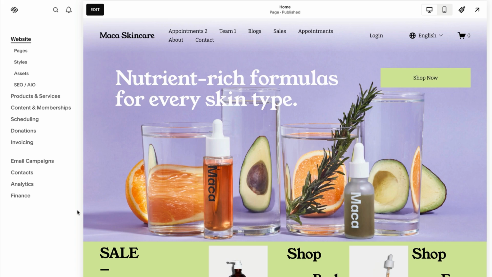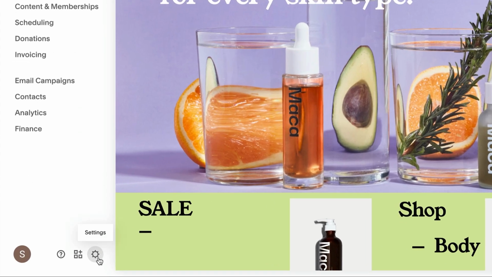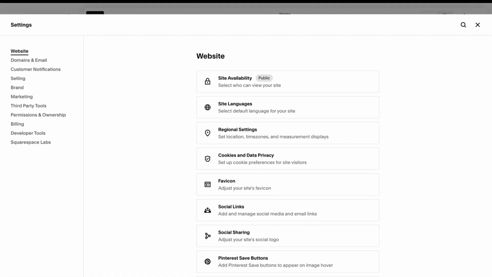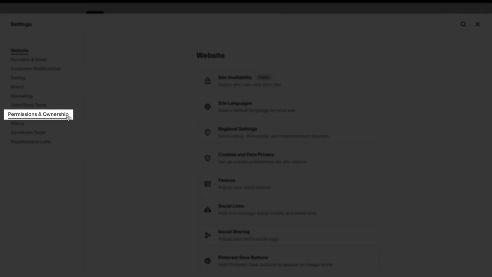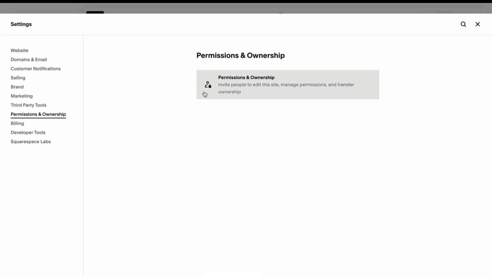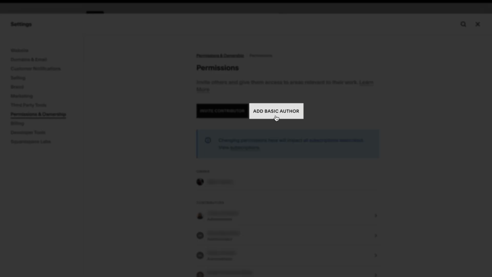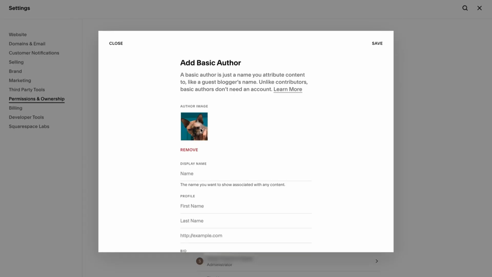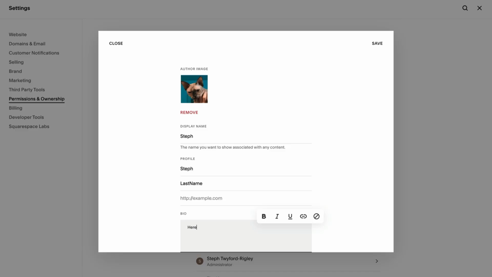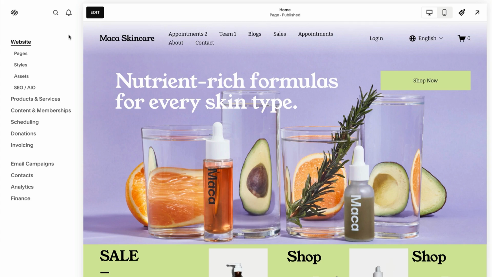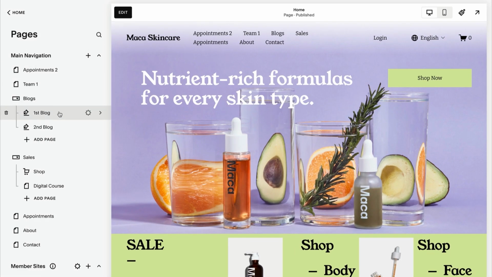To add a basic author, first open the Permissions and Ownership panel. Click Add Basic Author. Add details such as an author profile picture, display name, website address, and a bio. Remember to click Save. To add an author profile to a blog post, go to any blog post and click